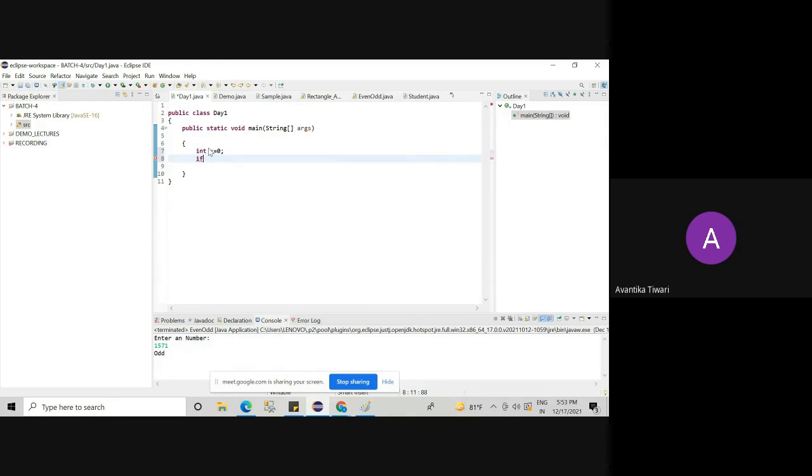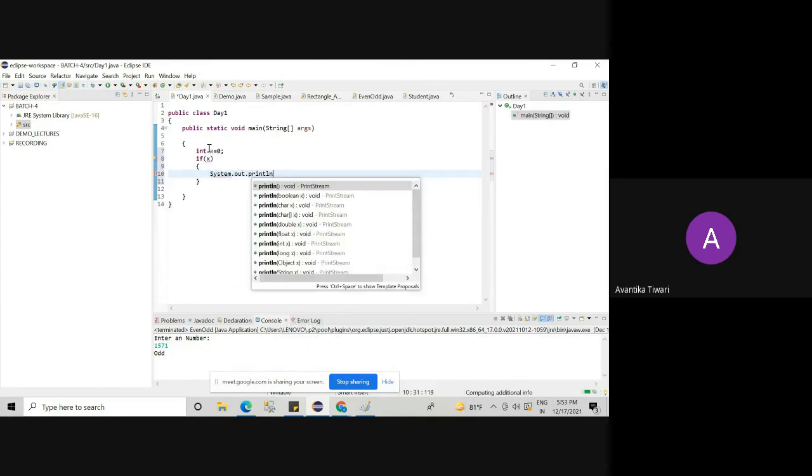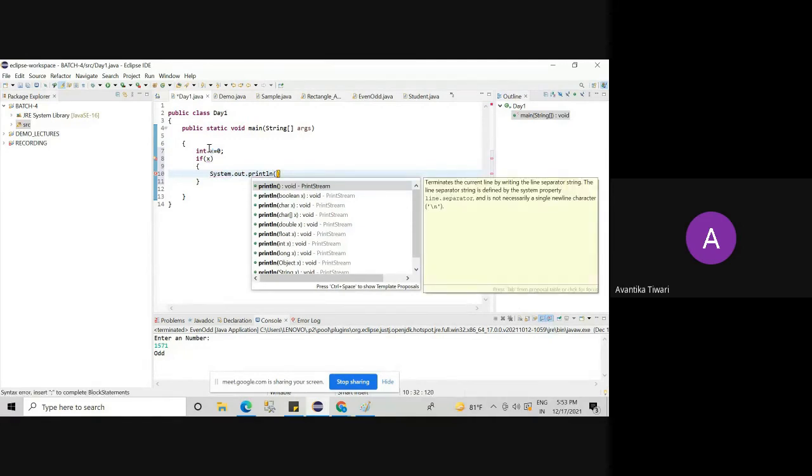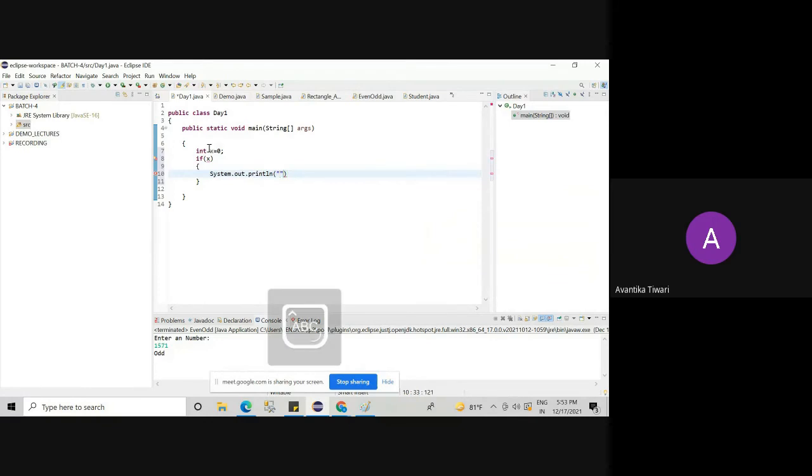So how to apply if else inside a program, please learn. if (x) System.out.println, let's print some message: "Good morning".